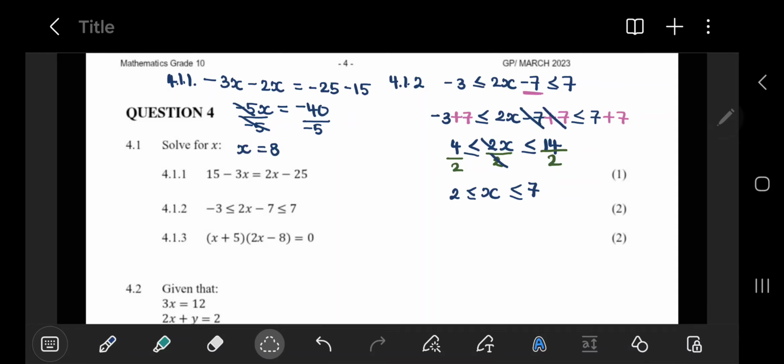Now, going on to 4.1.3. This question, so we've got 2 brackets. And please do not make the mistake of multiplying out the brackets. If you do that and you get the like terms, yes, you will have a trinomial. But you'll have to factorize a trinomial and you're going to end up back at this point. So instead of going around in circles, we can just work with it from here. They have factorized for you. And once you have your brackets after factorizing,